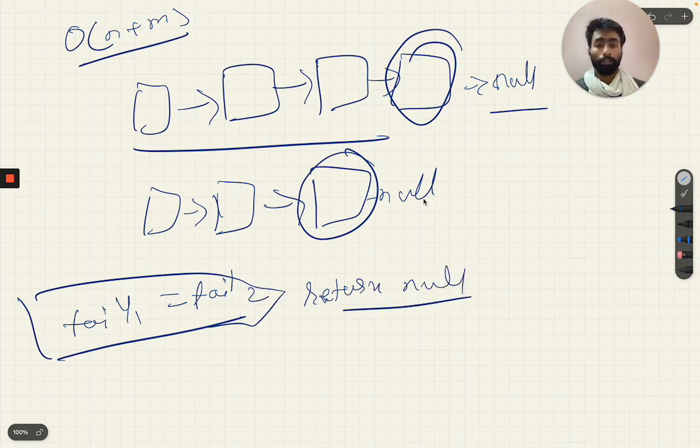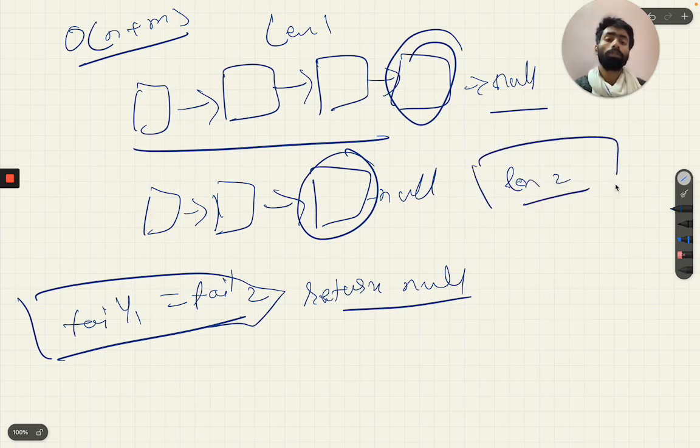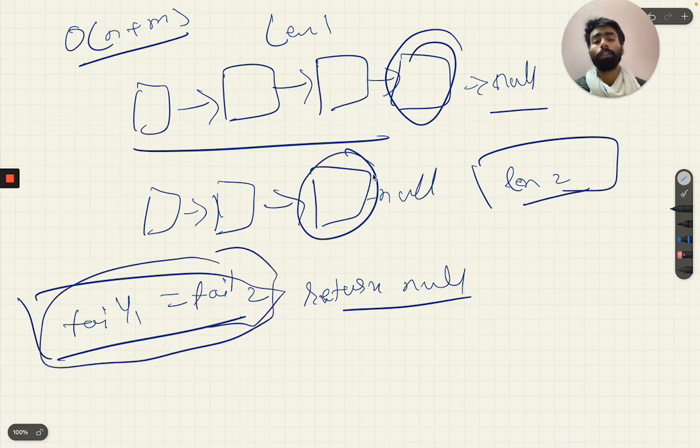As we have already obtained length L1 and length L2, if we have the same tail in both, then we have the intersection point and we compare the lengths of these two and find the difference.